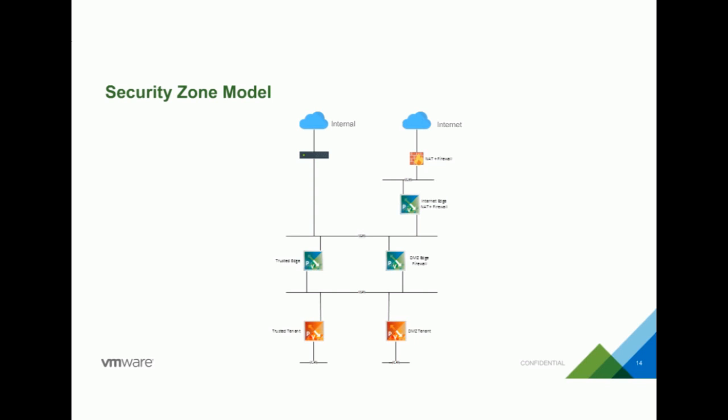So from a logical topology standpoint, we organize around a few security zones. Like I mentioned before, we wanted both internal and external access for our cloud tenants. That internal access falls into a security zone that we call trusted, and that external access falls into more of a traditional DMZ type zone, where we also have an internet connection over here on the right-hand side through a firewall and NAT services that are run by an NSX edge, or in this case a VCNS edge,